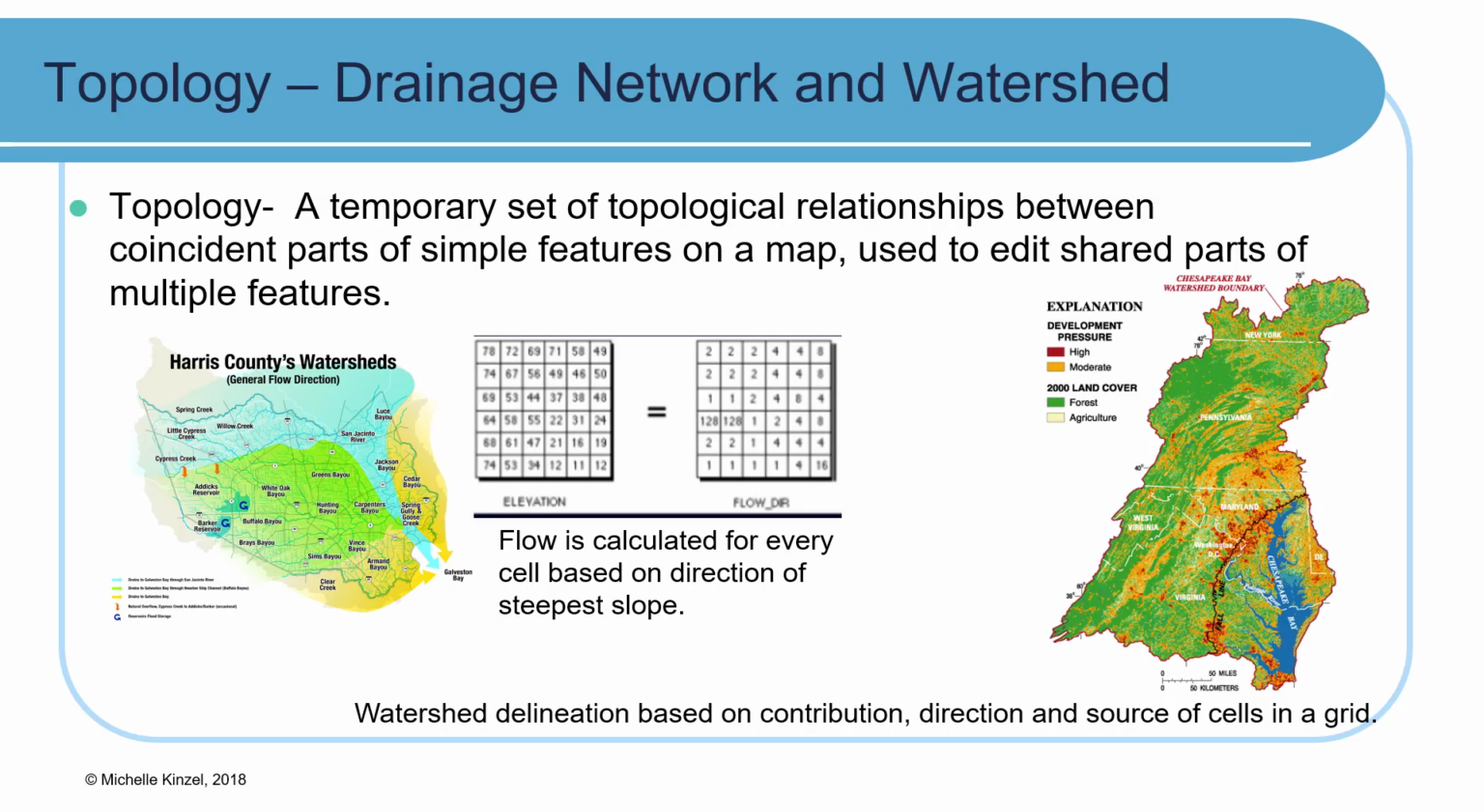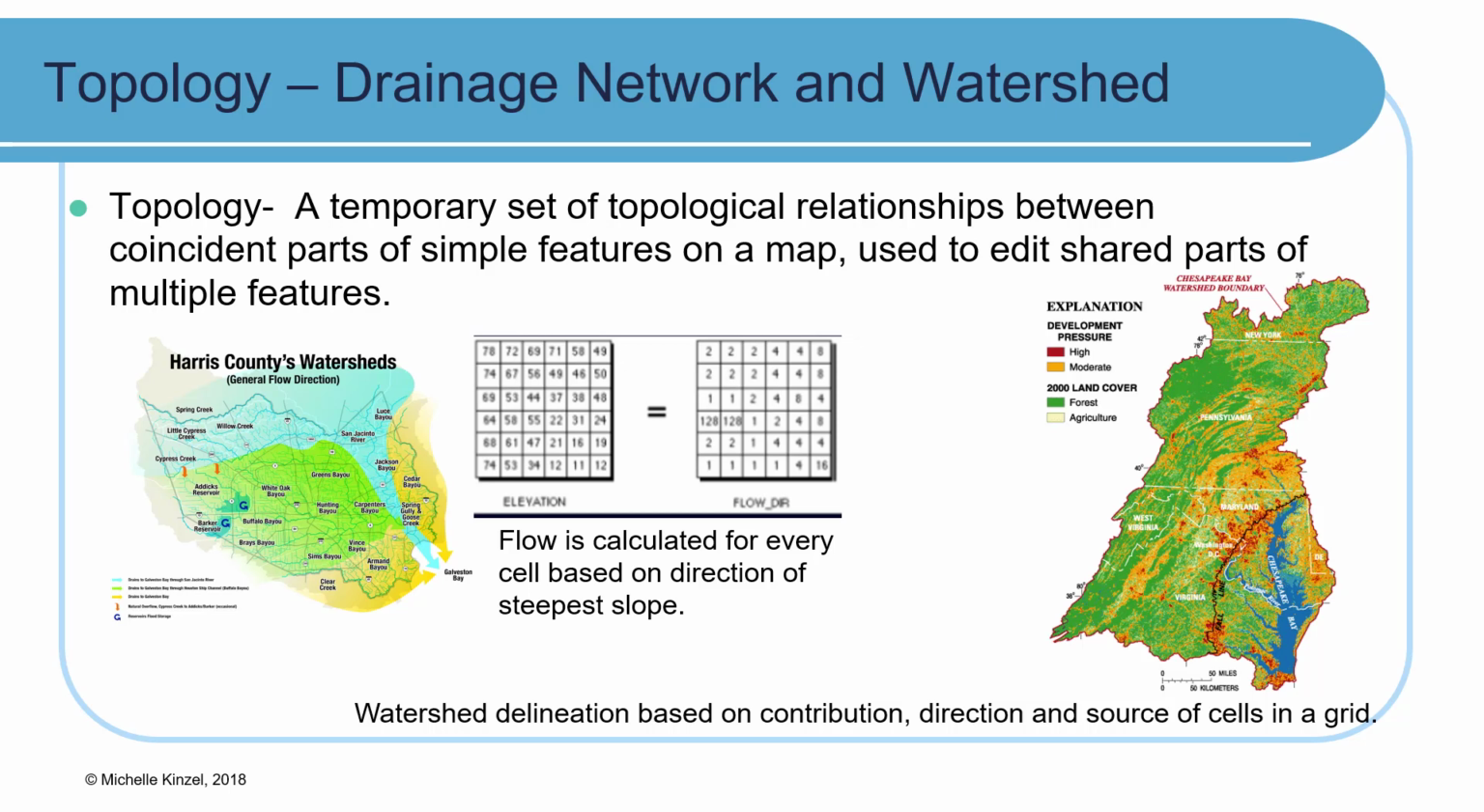Here's an example of a drainage network and watershed. So the topology is a set of topological relationships or rules between coincident parts of simple features on a map. This is used to share and edit shared parts of multiple features. So you can see here, this is Harris County's watershed, a map layout on the left, and then in the middle, we're looking at an analysis of flow, and flow would be a direction that water is going to move